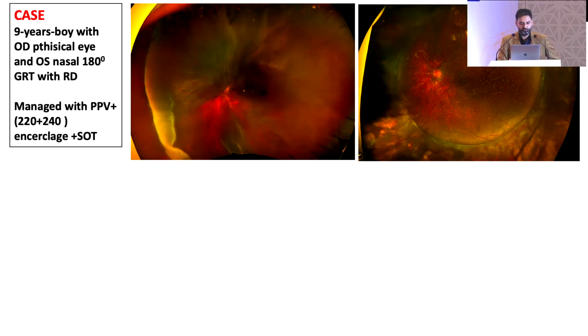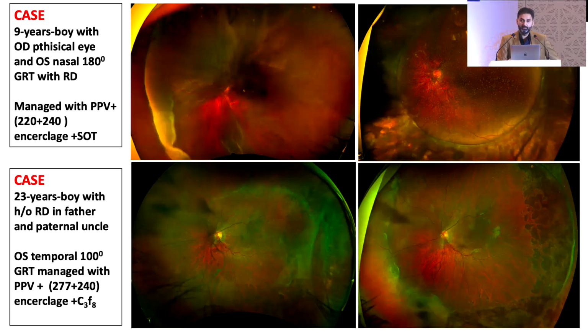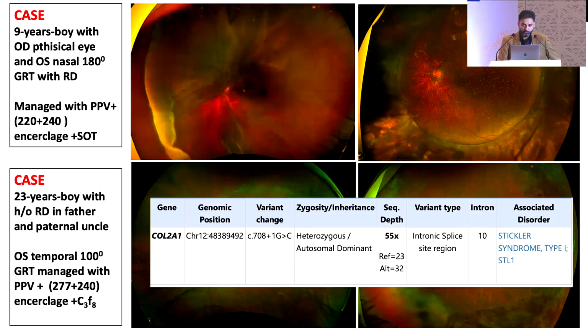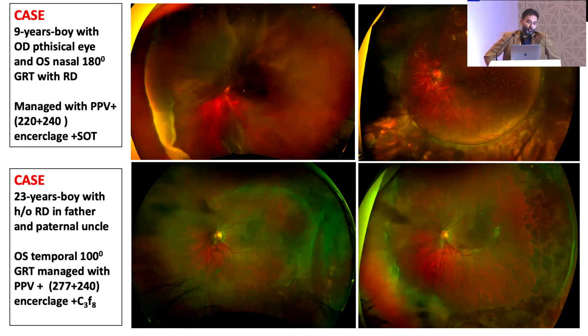I'll just show two patients here. This is a young boy, actually one-eyed, who came during COVID, had a nasal 180 degree giant tear, and a broad element has been put, as you can see, and was managed with that, a high buckle indent for a syndromic patient. The other was a known patient with known family history of Stickler syndrome, had a fairly good prognosis, just macula off, a small giant tear of about 100 degrees, and was managed with gas, but again, to support that, and because I wanted to put in gas, a broad element was